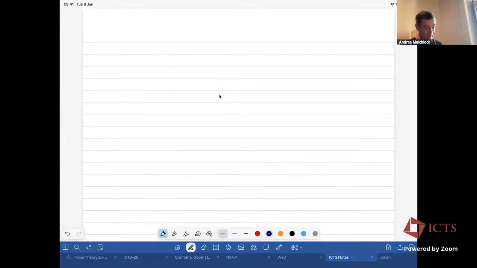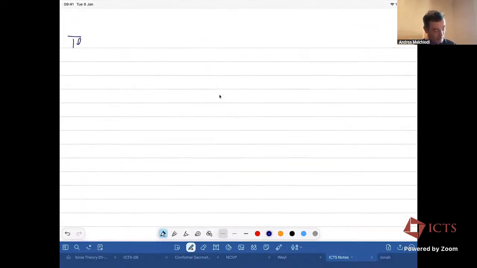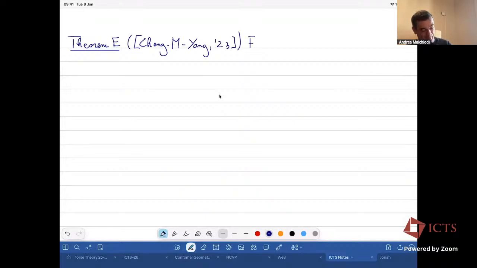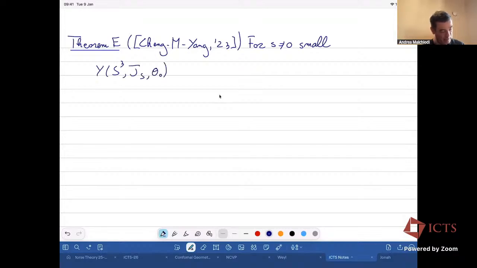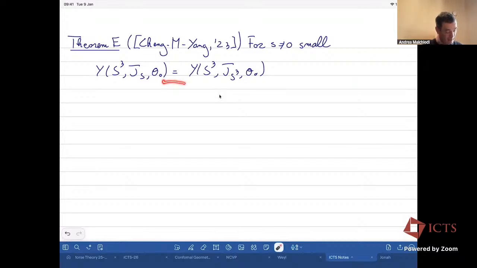So we have a third theorem, theorem E. This is still work with Cheng and Yang. For S small, in fact, we have that the infimum of S3 J S theta 0 is equal to Y S3 J S3 theta 0. Usually we have a strict inequality, but here we have equality, indeed, and